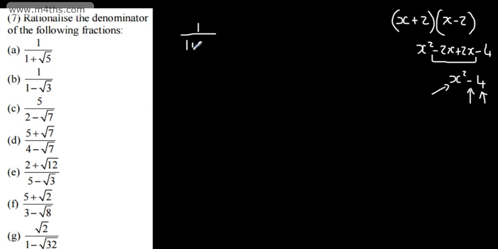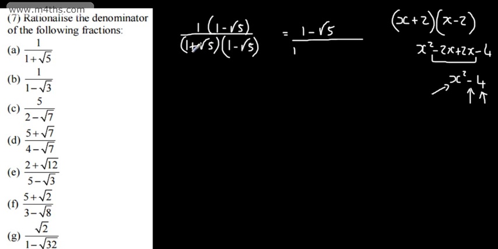1 over 1 plus the root of 5. We multiply the numerator and the denominator by 1 minus the root of 5. So 1 minus the root of 5. What we'll see now is in the numerator we will just have 1 minus root 5. That's nice and straightforward. In the denominator I'm going to have 1, so multiplying this out as we saw in